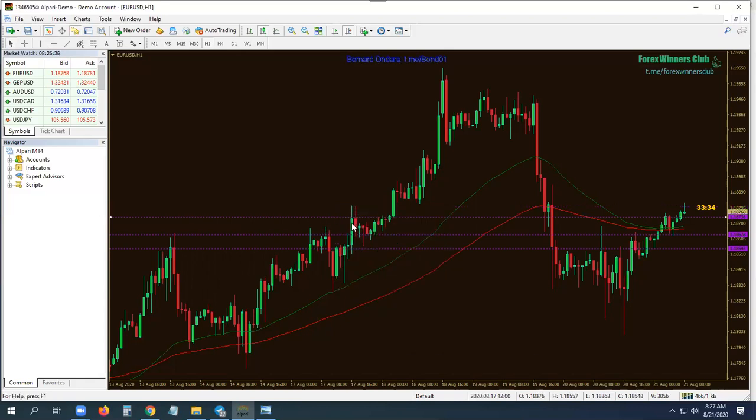A good trader would wait for the market to break above this level, come back to the same level like a pullback, give you a signal, and now you can consider buying from here. Why? You are buying because you know the uptrend has power to continue going up. Clearly, you can see there is a high, which is higher than this high, which is higher than this high, and that's how an uptrend forms, higher highs.